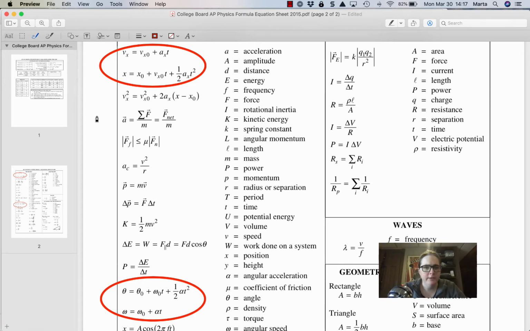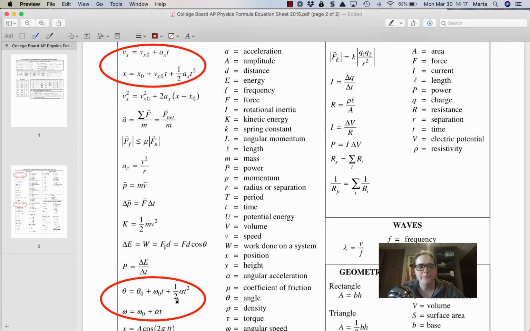Now, if we look at these two, so this one we have x equals x naught, which is initial position, plus initial velocity times time, plus 1/2 acceleration times time squared. Down here, we have angular position equals initial angular position plus initial angular velocity times time plus 1/2 angular acceleration